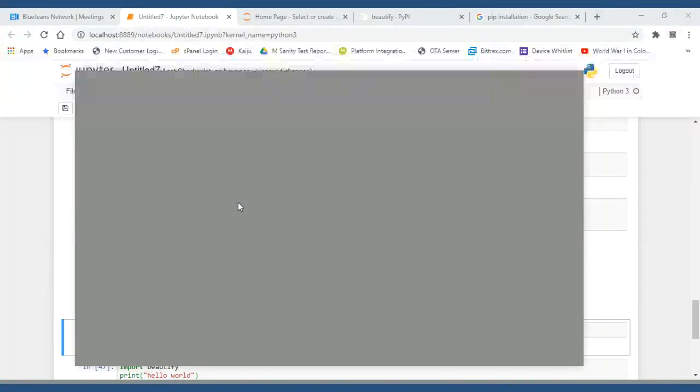Floor of 10.555. Okay, not defined, it is coming. Do you need to say math.floor? See, that is important. Even I get confused with all these things.